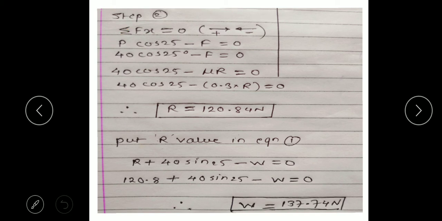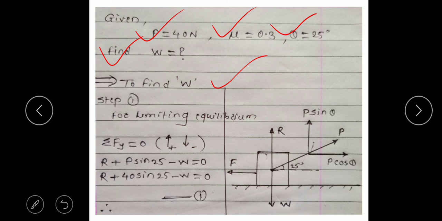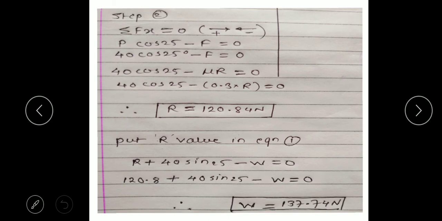Now again we come to the diagram. Here in this diagram we can see F, the frictional force, and the horizontal component P cos theta, also horizontal. So there are two components only, but F is in the left direction, so it will be negative, and P cos theta is in the right direction, so it will be positive. So you can see P cos 25 minus F equal to 0. We know the value of P, 40 cos 25 minus F equal to 0. When we put all the data, instead of F, which is nothing but the frictional force, we will put mu into R.